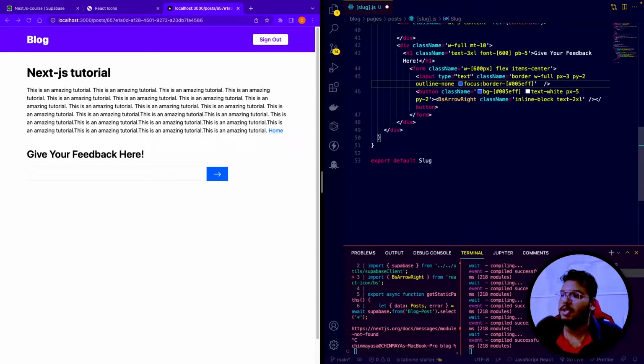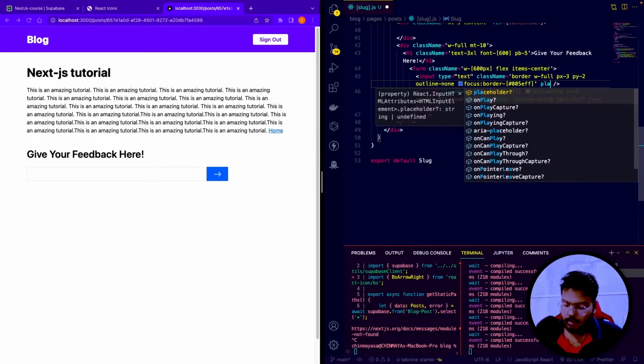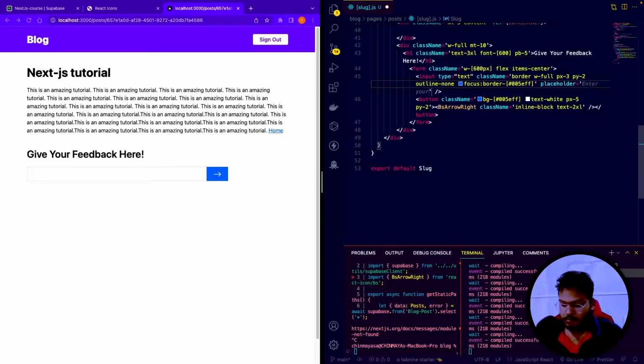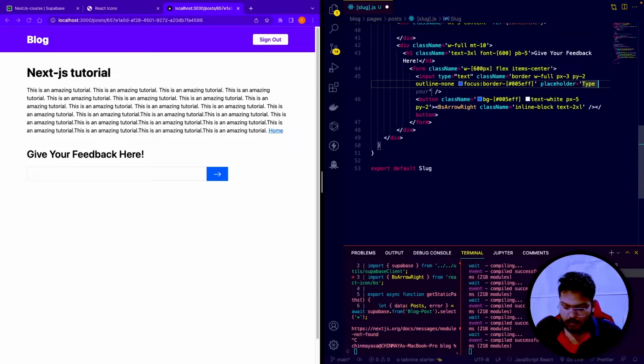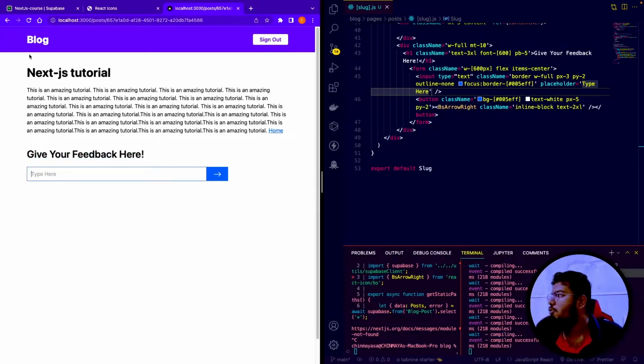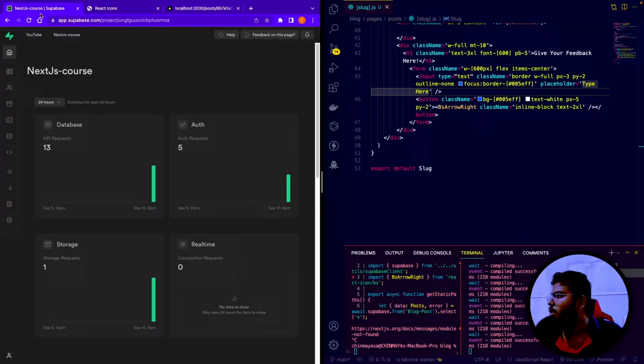Now I want a placeholder. Let's make the placeholder, let's say, type here. Save this thing, and you're going to find this. It looks clean. Okay, now let's go to our Next.js course, that is this Supabase, and